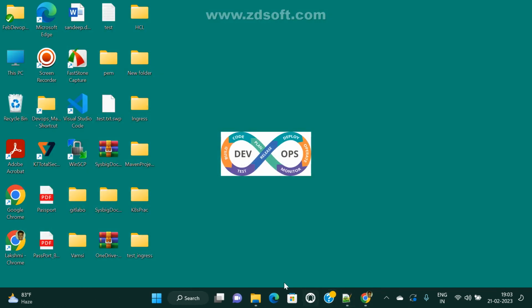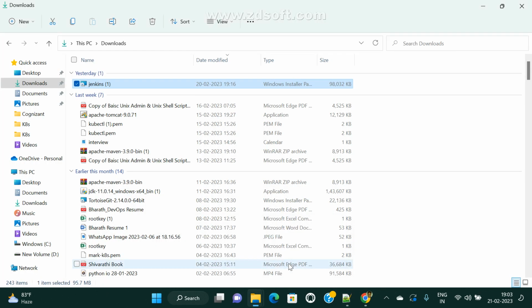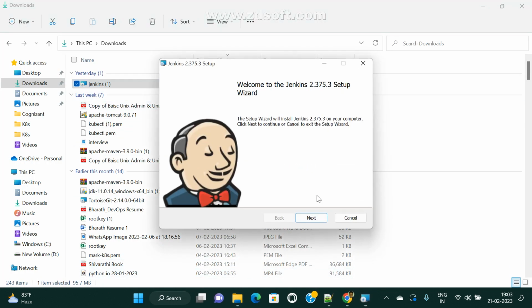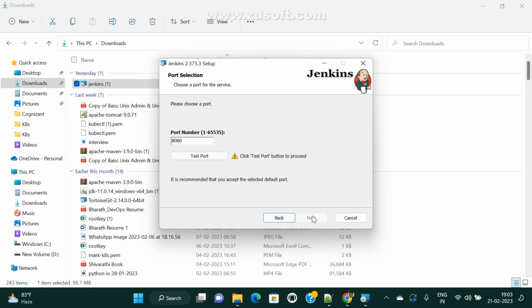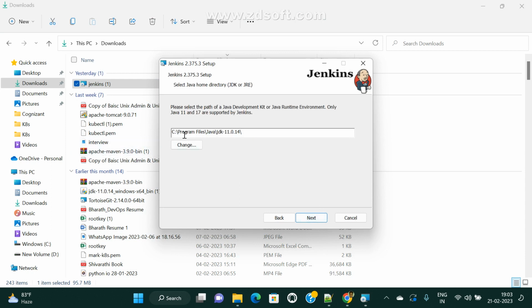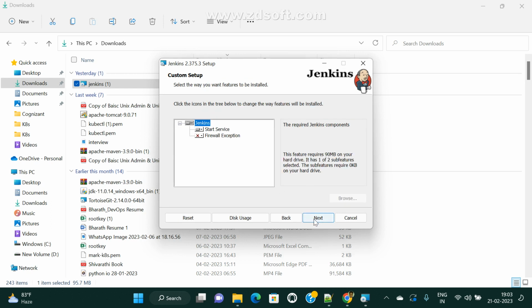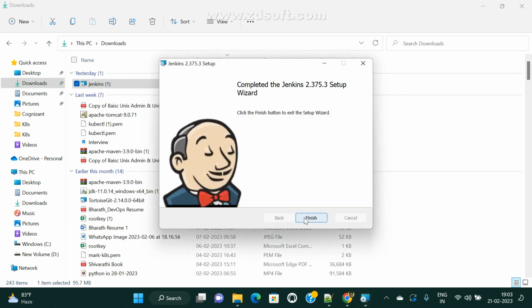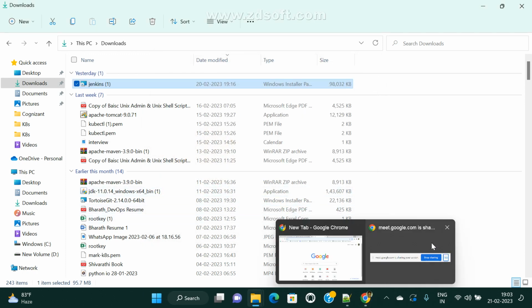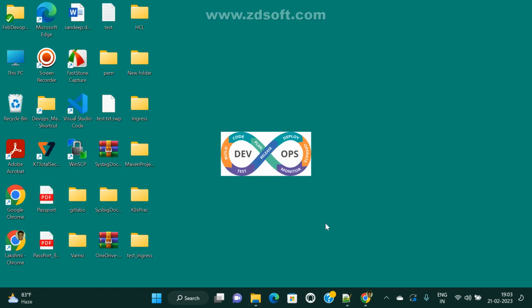So let me install the Jenkins server. Go to Downloads, click on this, click next, same path, and select this one. Check the port number, default port number 8080. Next, and this Jenkins is using Java JDK 11. Click next, and install it. Okay, once the Jenkins server is installed,